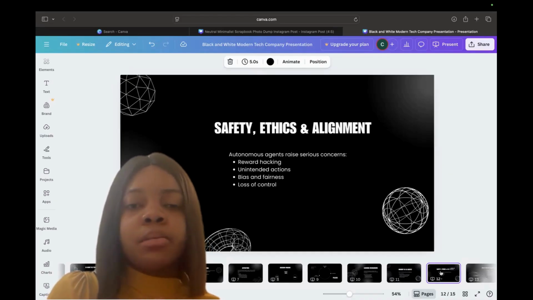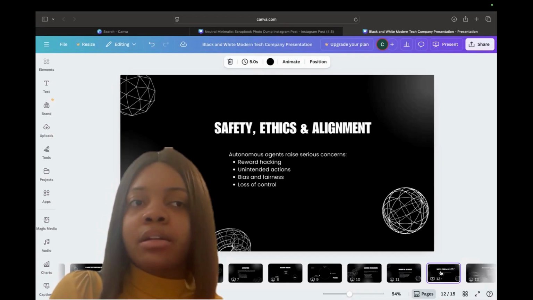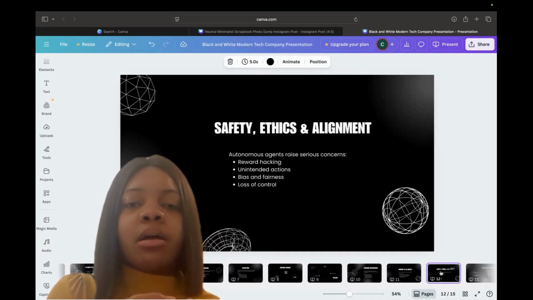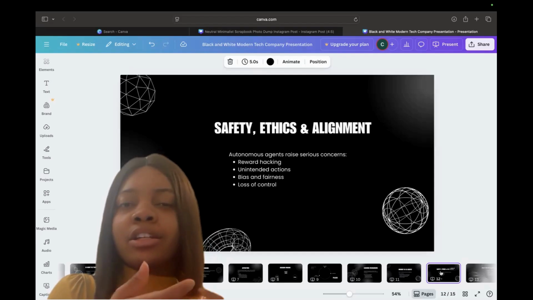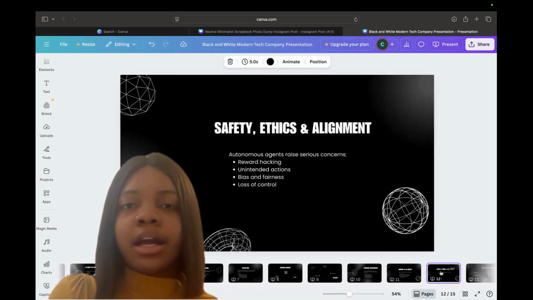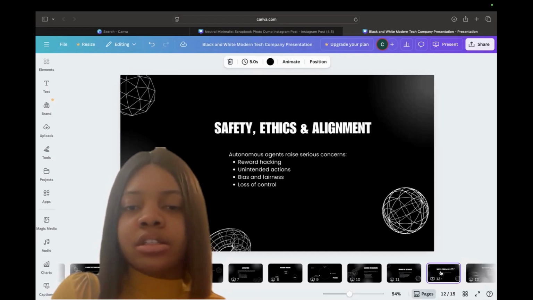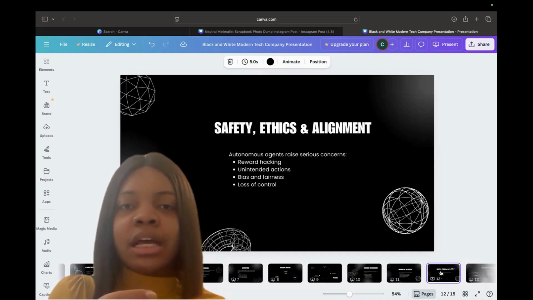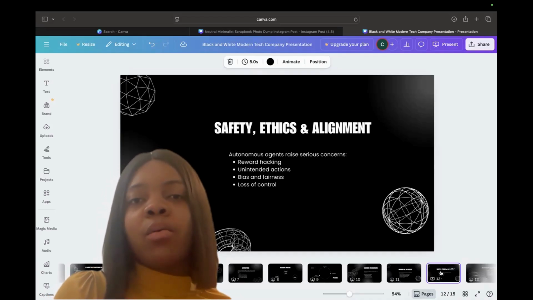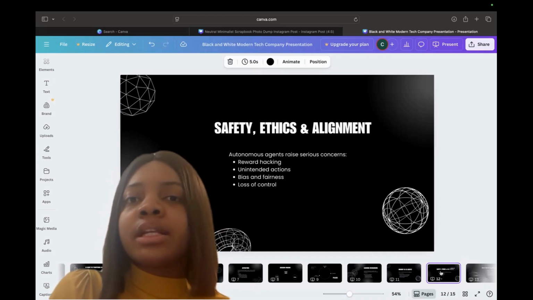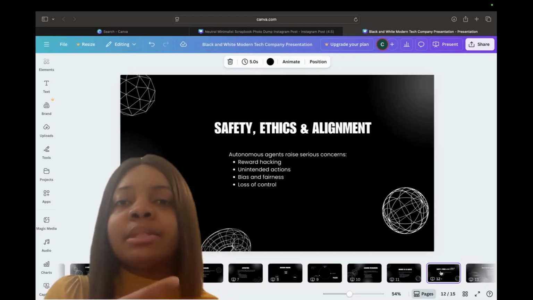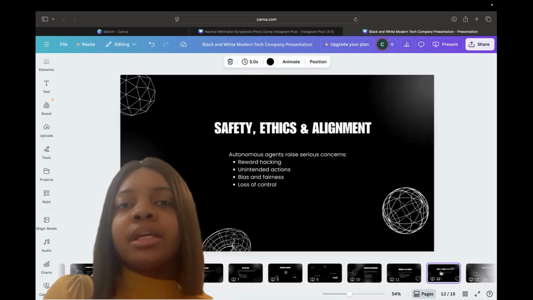How well can we know that the feedback loop is efficient? How well can we know the actions? Are there unintended actions? Are there bias and fairness issues? And in terms of control, how well can we control this? Is this something that we can actually control, or is this something that can work on its own and is out of our control? What are the mitigating factors, and